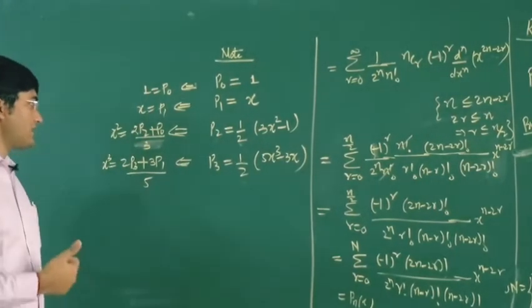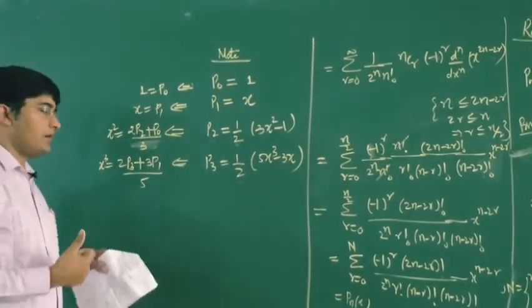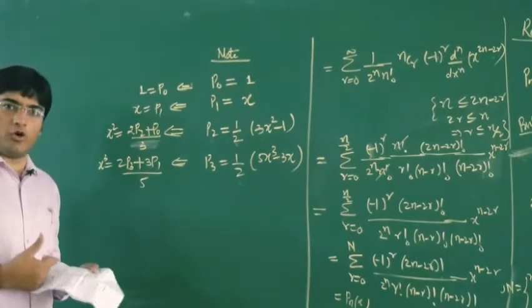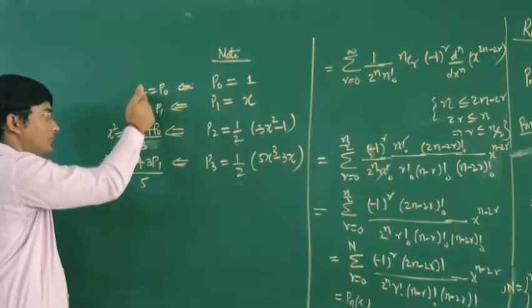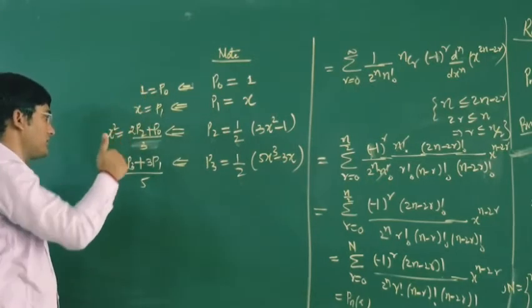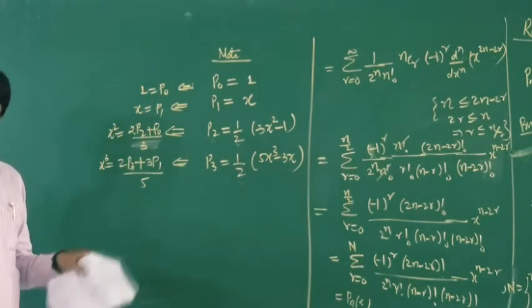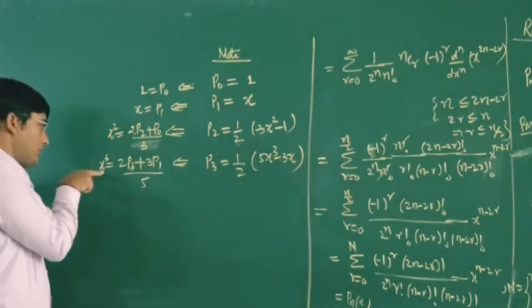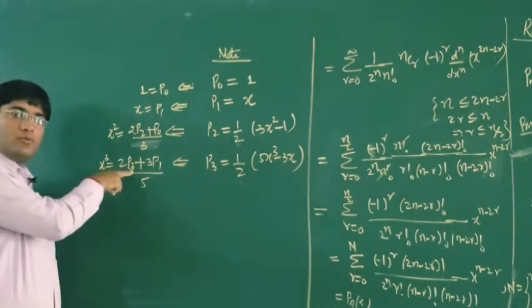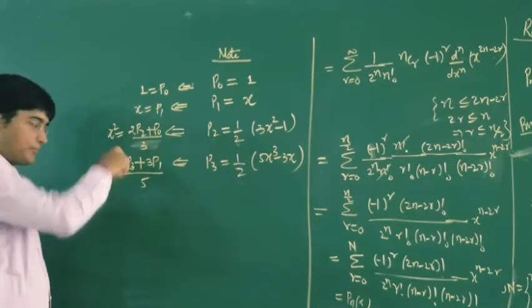So that means now we can represent each polynomial in terms of the Legendre polynomial, because here we have the values of 1, x, x square and x cube. So every polynomial can be written in terms of Legendre polynomial. And if you have a polynomial of degree 3, then you can see that we have a Legendre polynomial of degree 3.